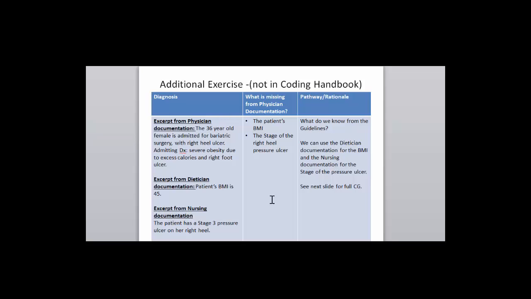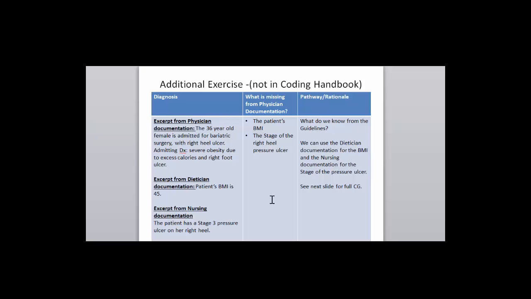And this is the case that I've chosen to illustrate this. The physician is saying the 36-year-old female is admitted for bariatric surgery with a right heel ulcer. Her admitting diagnosis is severe obesity due to excess calories and a right foot ulcer. If you only had that information to go by, you could not gauge the depth or the stage of that right heel ulcer, which is important in the situation of ulcers for many reasons, not the least of which are